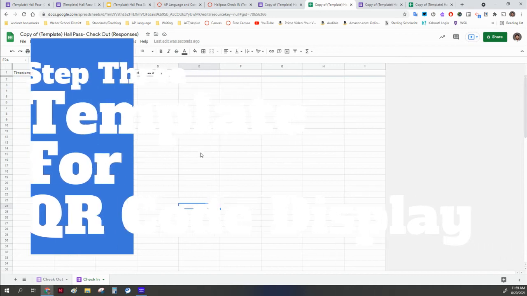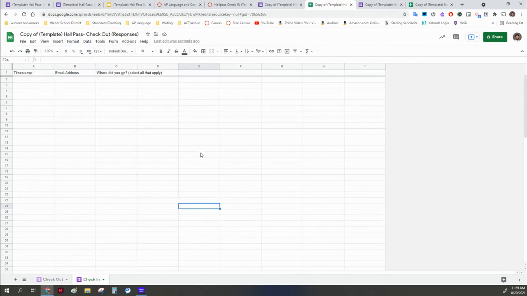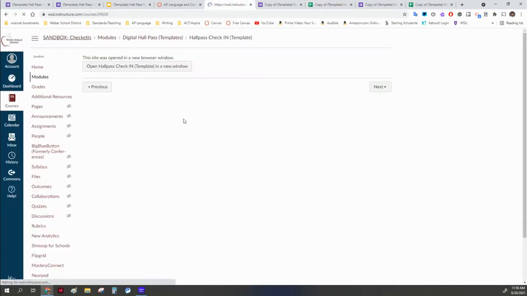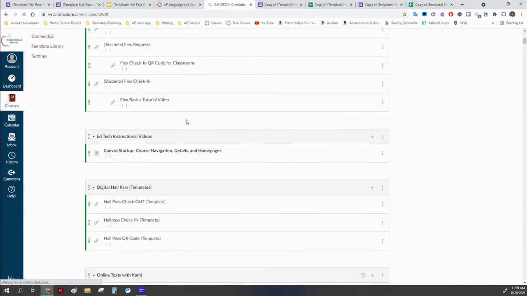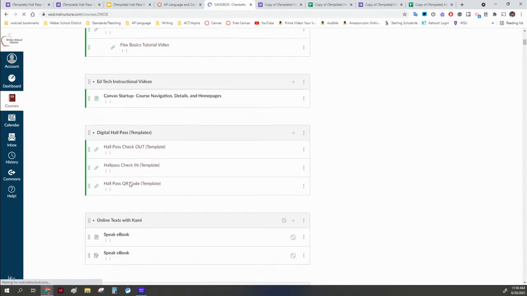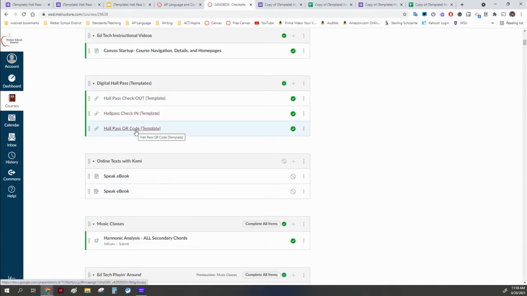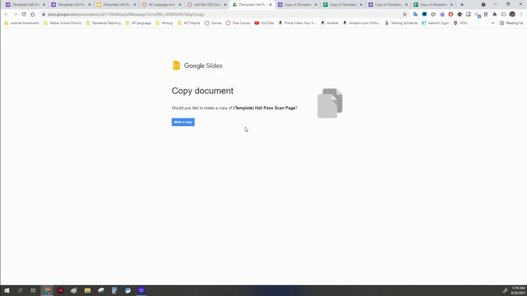The next thing we're going to need to do is have some QR codes. So another step: go back to the staff Canvas page, and our last link right here, before this video, is the QR code template. This is going to be a Google Slide,